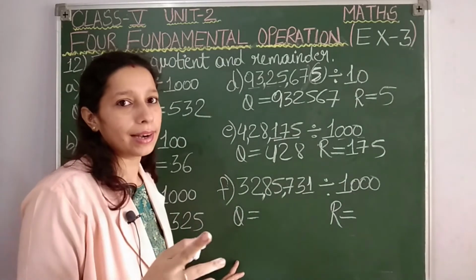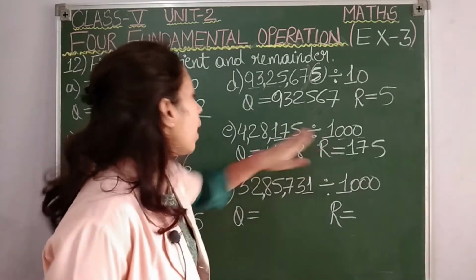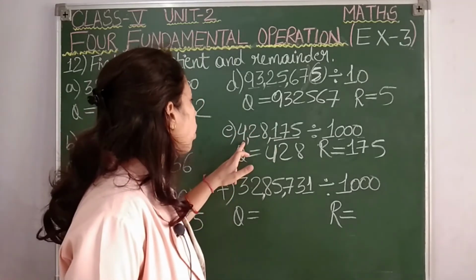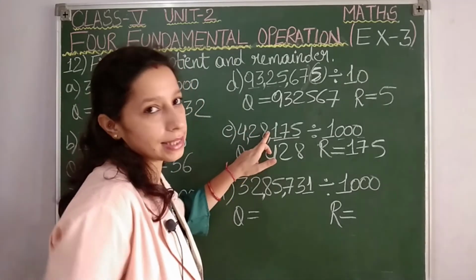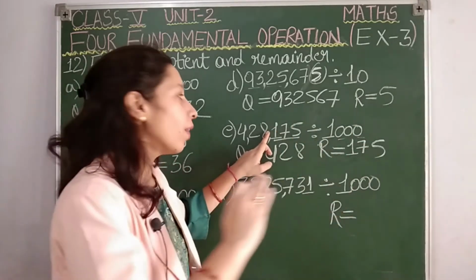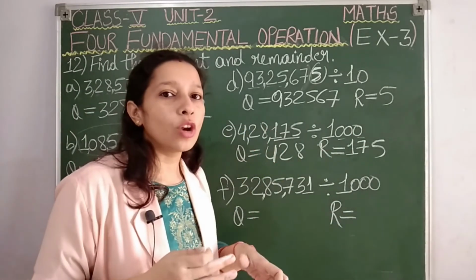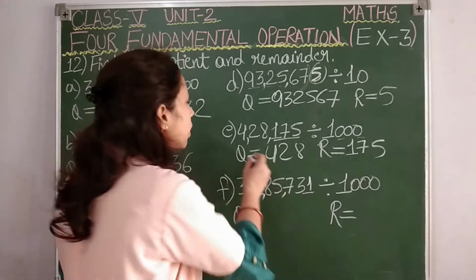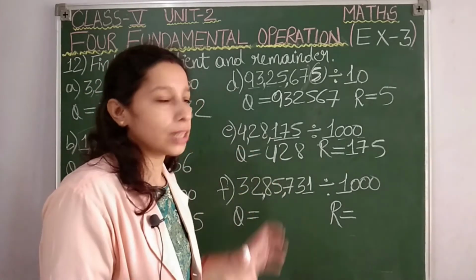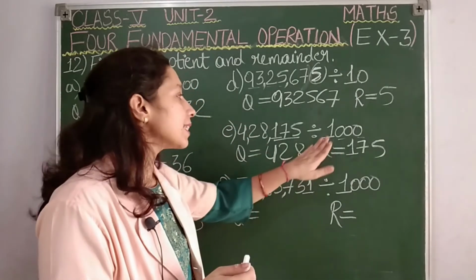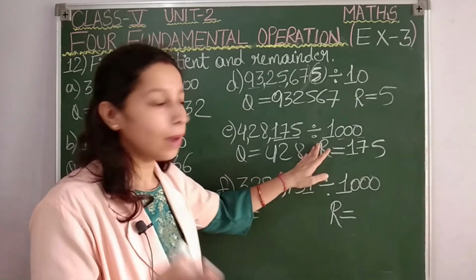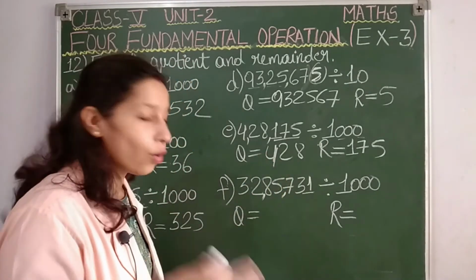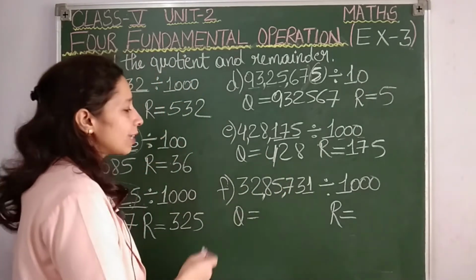Want to check with the correct method also? Let us see. So I'll read this number, I'll take out thousands: 4,28,000, after that 175, and this is for sure. I know that 175 will not come in the table of 1000. How much is coming, students? 4,28,000. So 4,28,000 is exactly divisible with 1000. Clear? So that's why our quotient is 428. Clear, students? Okay, last point.